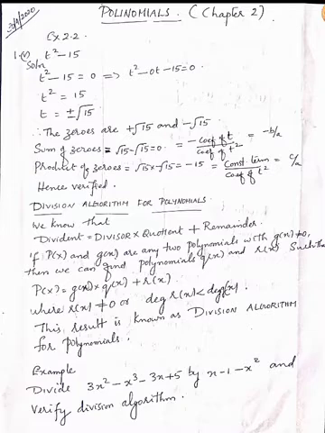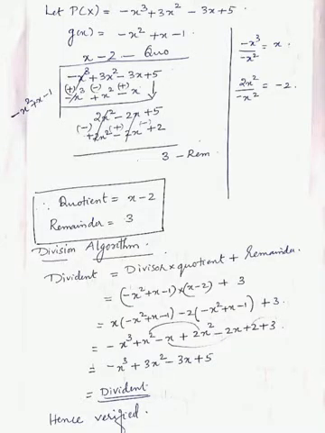So this pattern of question, what they will give means, they will give p of x and g of x and ask you to find out what is the quotient and remainder and check this result with the division algorithm. Let us consider with an example. Divide 3x square minus x cube minus 3x plus 5 by x minus 1 minus x square and verify division algorithm.